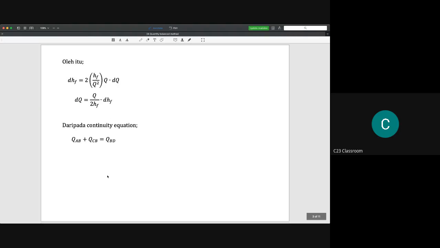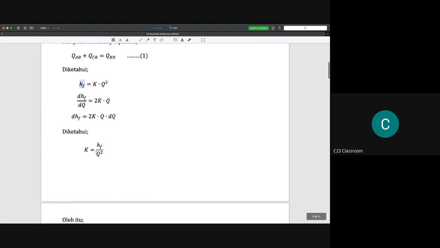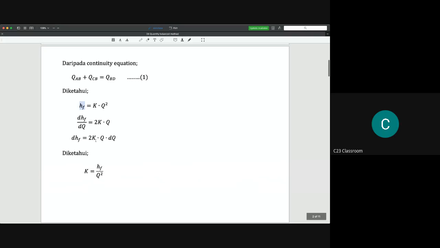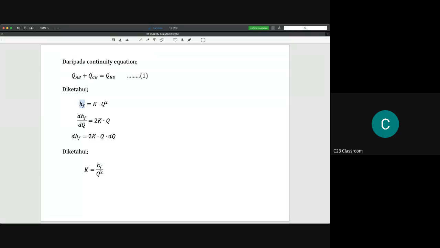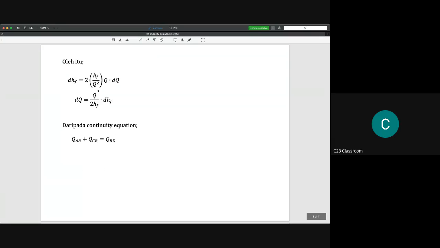And then we substitute these two ideas. We substitute the value of K here with this term, and finally we could get this term. And then we again rearrange the value of dQ here to the left hand side, and then we could write it as Q over 2Hf times dHf. So this is the equation from our continuity equation. What we need to do is,